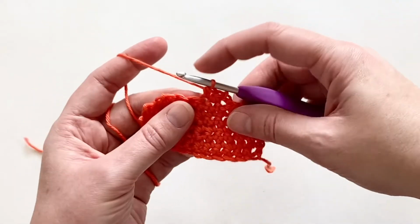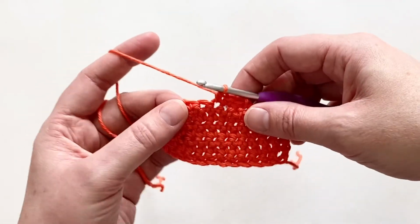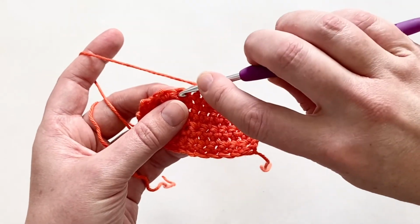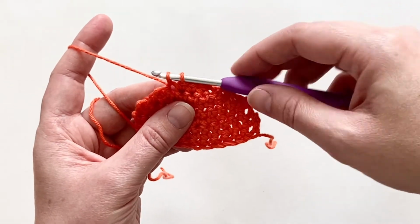I'm going to go ahead and single crochet to the end of my row here until I have 2 stitches left, and then I'll show you how to do that again. So here we go. I have 2 stitches left in my row here. I'm going to insert my hook into the first stitch, yarn over and pull up a loop, insert my hook